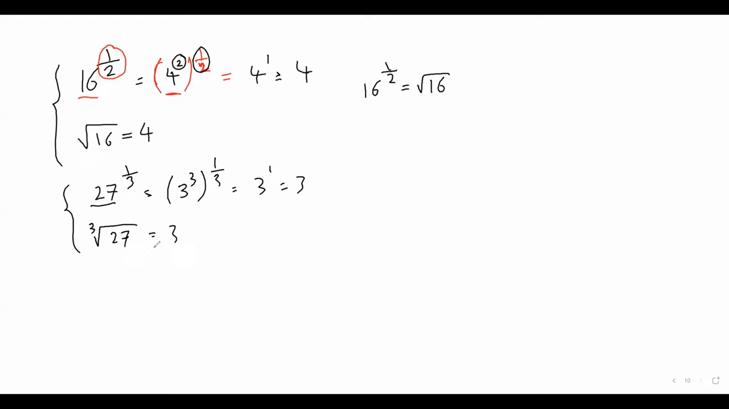So the conclusion here I make is that 27 raised to the power of 1/3 is the same as the cube root of 27, because both of them give me the number 3. So I can generalize that any number raised to the power of 1/n is the same as the nth root of that number,